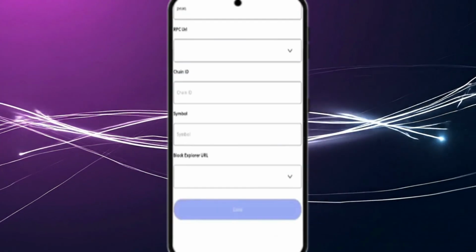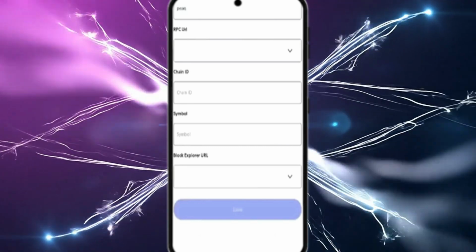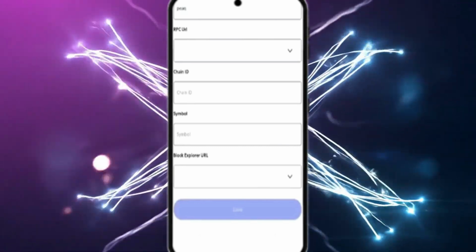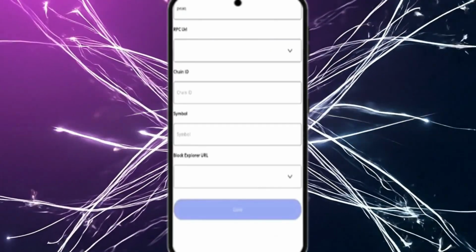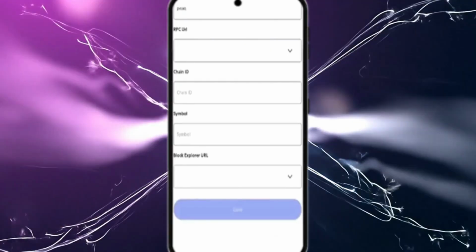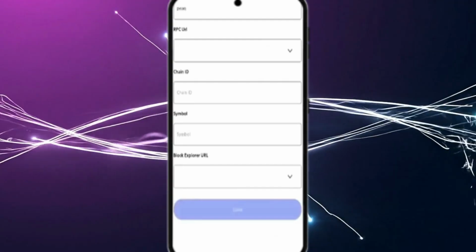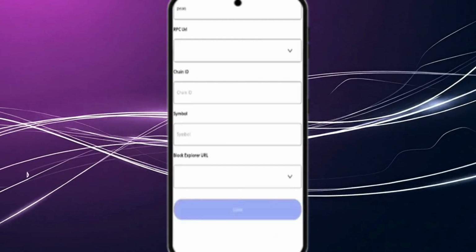In the network name field, type Peaq Network so it's easy to recognize later. Next, carefully paste the official RPC URL shared by the Peaq Network team, as this is what allows MetaMask to connect to the blockchain. After that, enter the correct chain ID exactly as provided, since an incorrect ID can cause